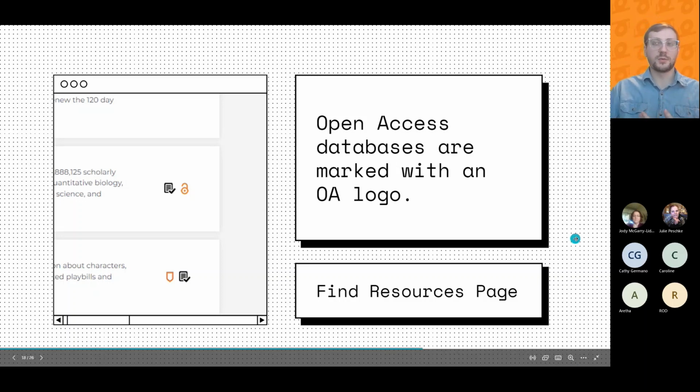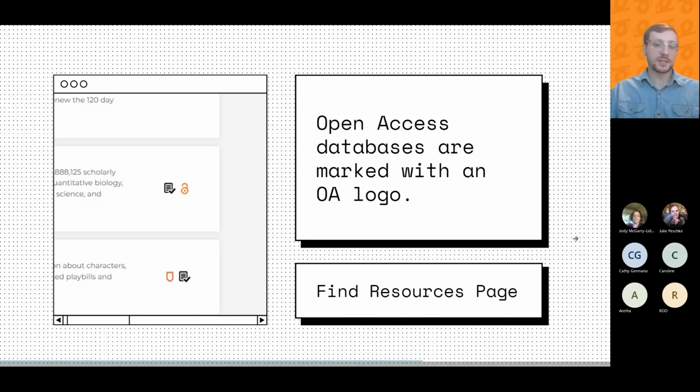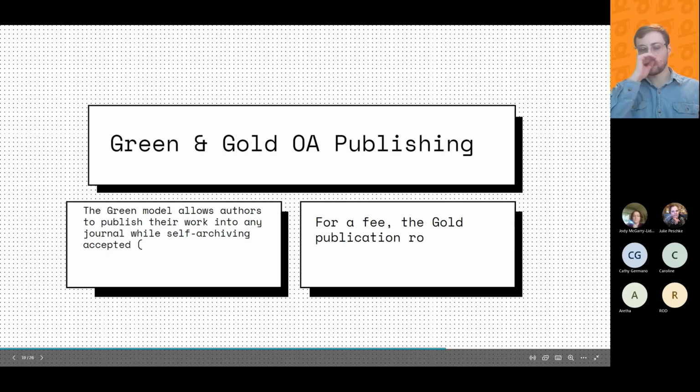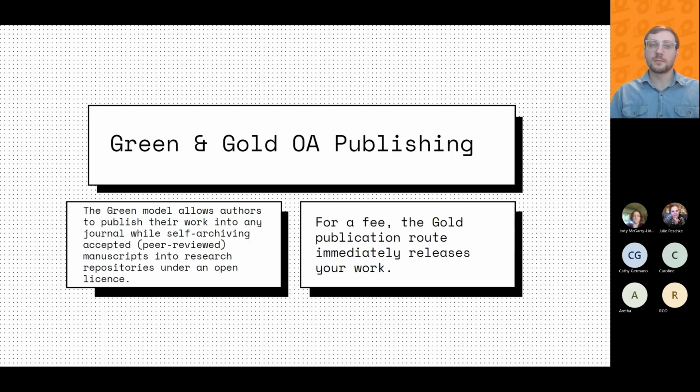So you know how to find open access, but what about publishing your own? Open access is relatively new. Like I said, it started in 1991, but it's still kind of gaining steam. It's a relatively newer form of scholarly publishing.